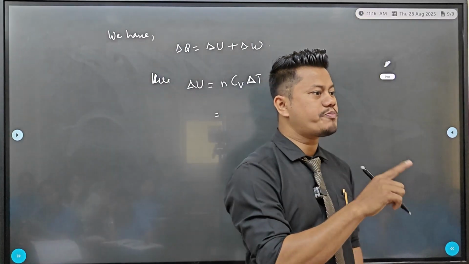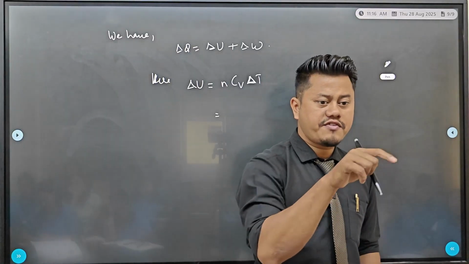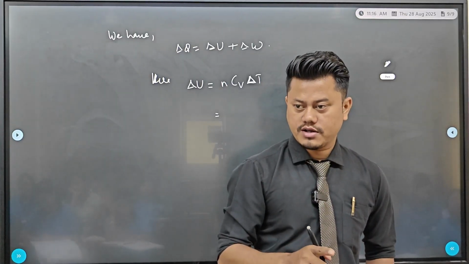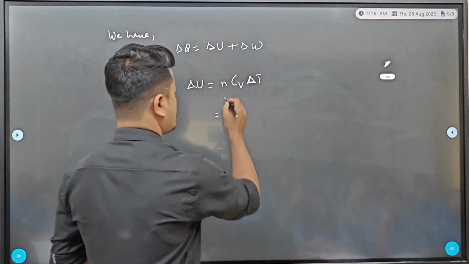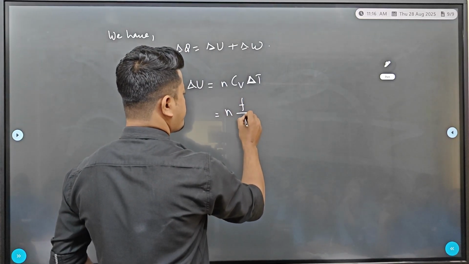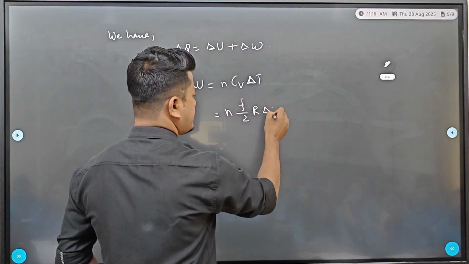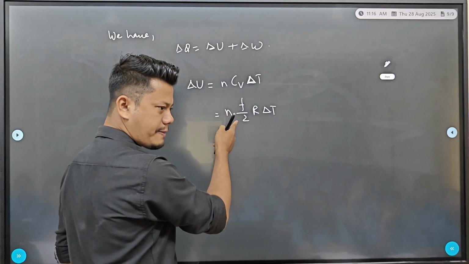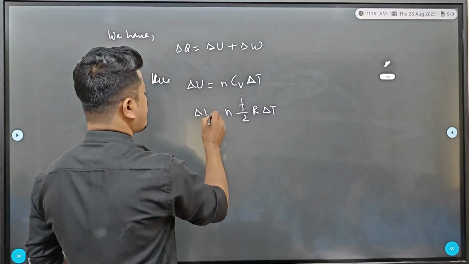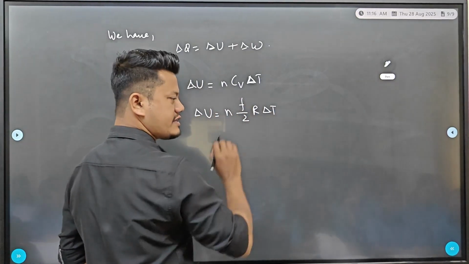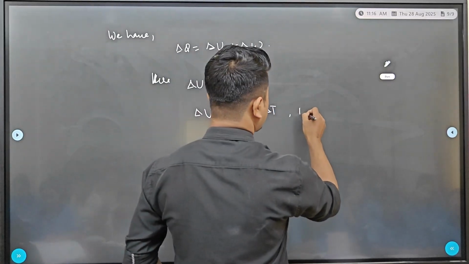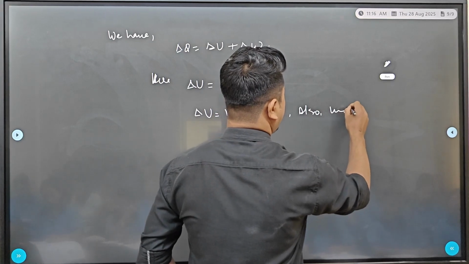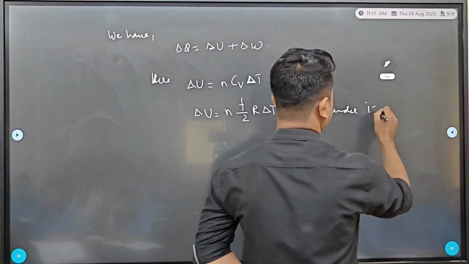Cp is F by 2 plus 1 into R. Cv will be F by 2 into R. Is that clear? So for n moles, I can write F by 2 R del T. I think I gave you this expression also yesterday. Right? Okay. I got the expression of del U as n F by 2 R del T. Also, under isobaric,